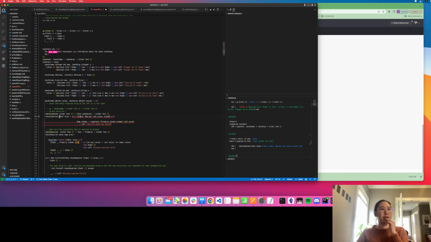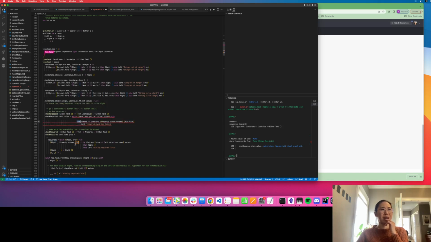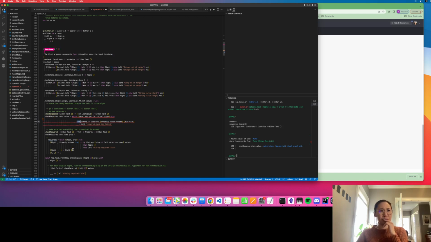Oh, so we're matching on an either here, either text, but we're decomposing it as right. We need to know if this is a right. That's what I was in the middle of doing. So if we already found something on the left, so if this is a right and